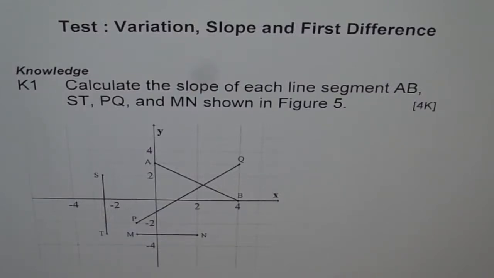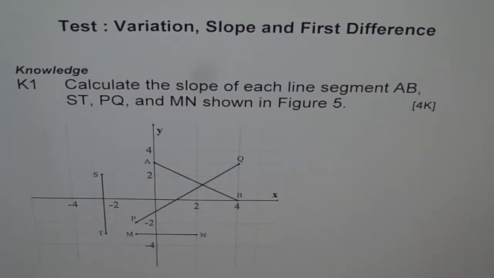Here are some knowledge-based questions on variation, slope, and first difference. For knowledge base, I have numbered them with K, application with A, communication with C, and thinking problems with T, right? Now the very first question is, calculate the slope of each line segment AB,